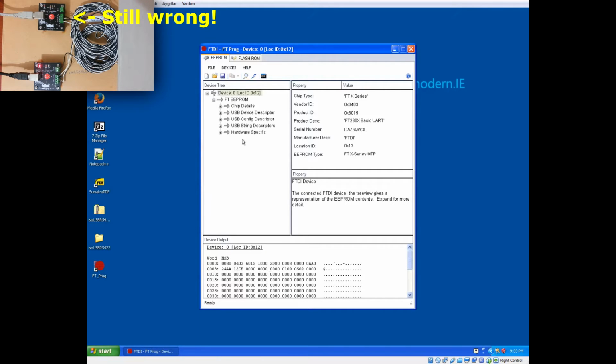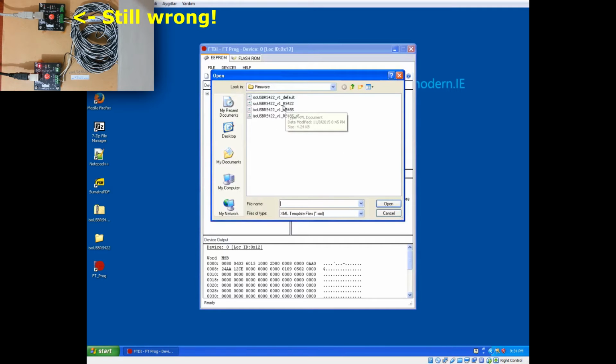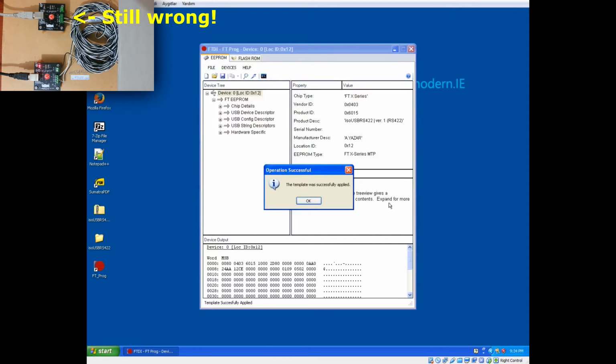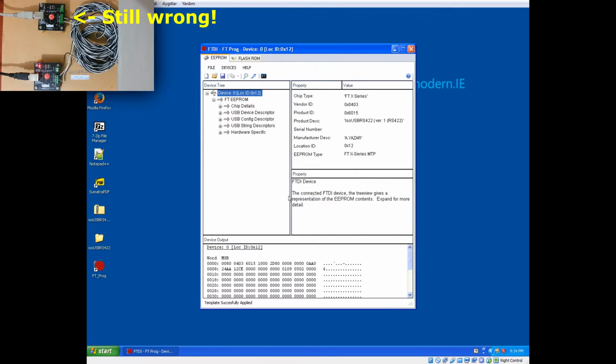So we want to apply this configuration file to our device. So right click, apply template from file, and select the RS422 configuration file. Click open. OK, and let's program our device.